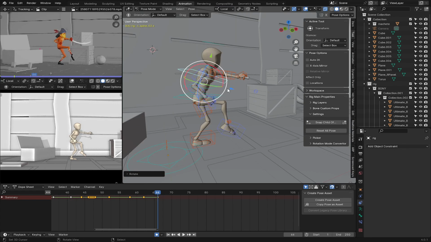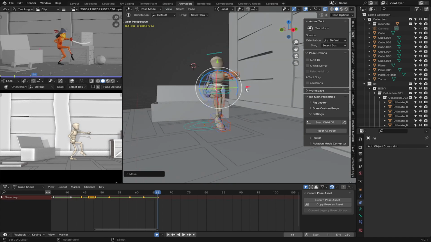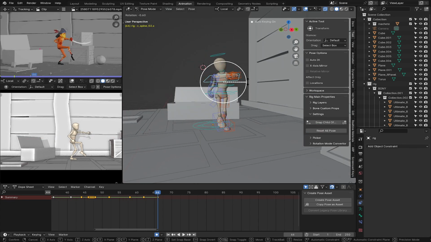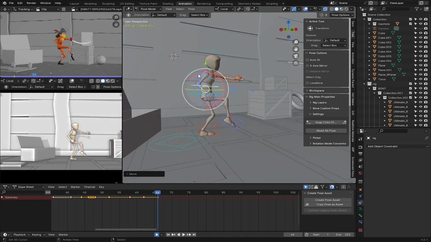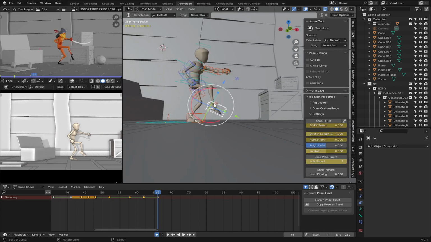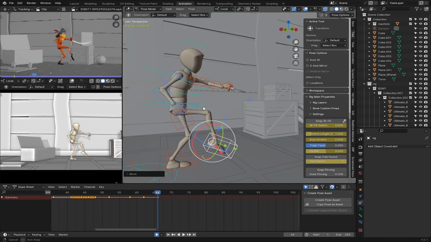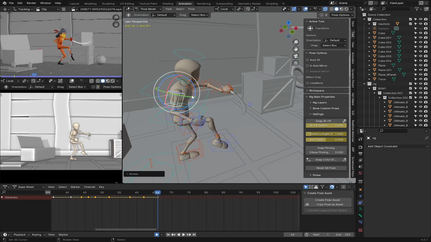So I'm change to local. And rotate. So the hands has to be here,